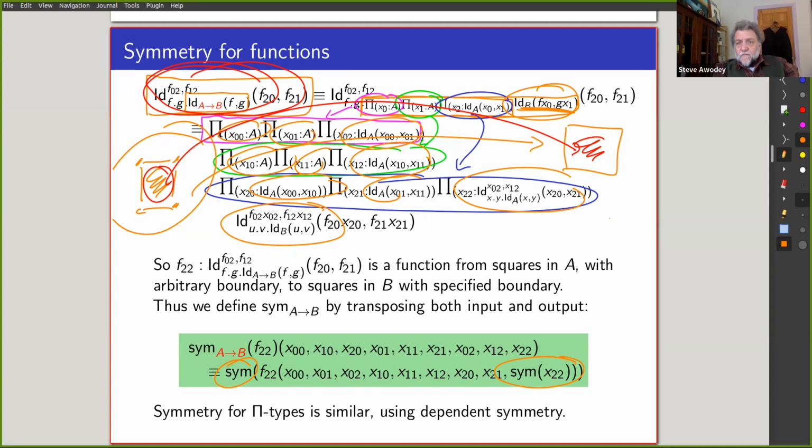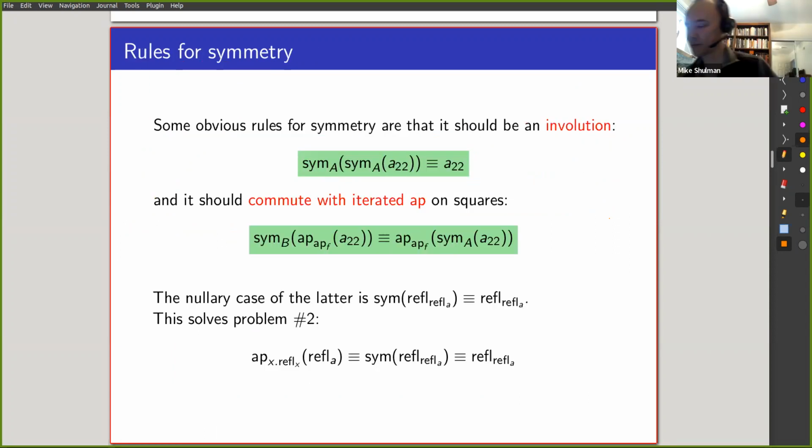Okay, here's another question that is suggested for the end, but I'm going to ask it now anyway, because I don't want to forget. It's, how does sim compute on sim? That's my next slide. Yes, thank you. So we also want some sort of rules for the way symmetry behaves